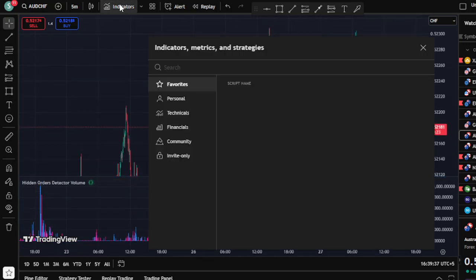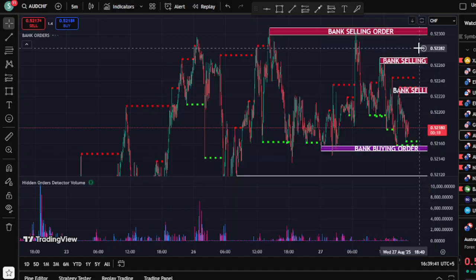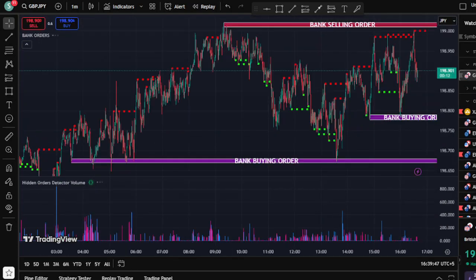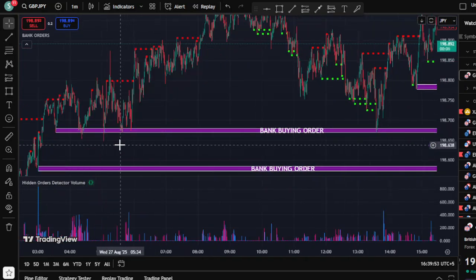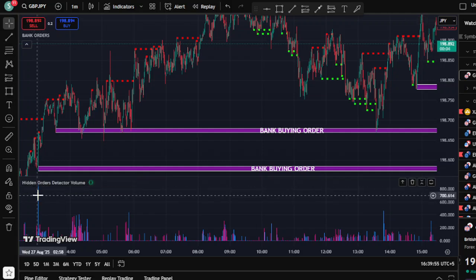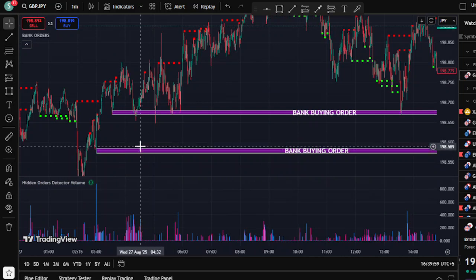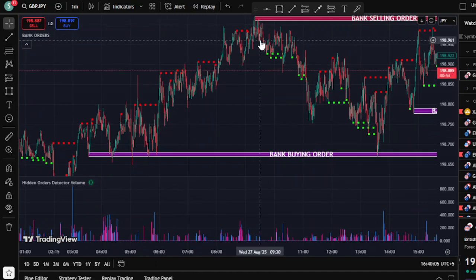First of all, I'm going to attach my bank indicator. Now I'm going to switch to the 1 minute time frame so that I can show you everything one by one. Just look at this. When the market starts to go up, we have the ultra high volume here, and from our indicator, a bank buying order was in place, and then you can see the price simply moved up.